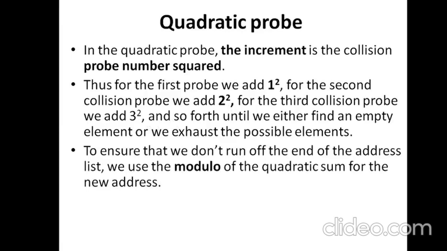There is a problem with the square method, that we may get out of the list very easily. As we get large numbers, when we square them, we may leave the list itself, and to overcome that we use modulo division. The list size is used, and when we calculate the square, we do the modulo division of that value by the list size, so it gets confined to the list range.